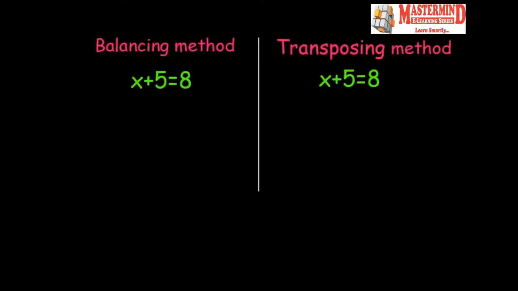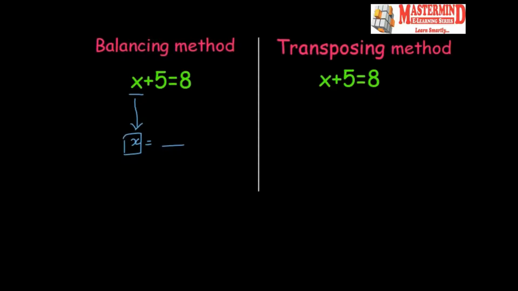Okay, so we have this equation over here, x plus 5 is equal to 8, and we have to solve this equation. Now how do you solve an equation? What do you mean by solving an equation? Solving an equation means you're going to find the value of this variable. After solving it, in the end, we are going to get something like this, x equal to dash. Now what is this dash? This is going to give you the value of x. In the end we want this x to be on one side and our solution will be on this right side.